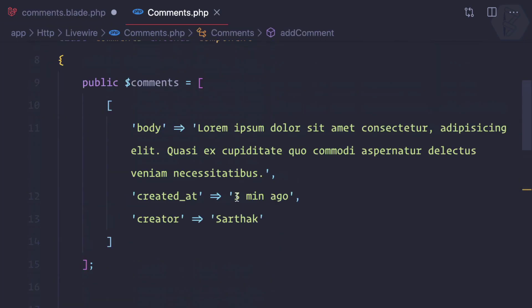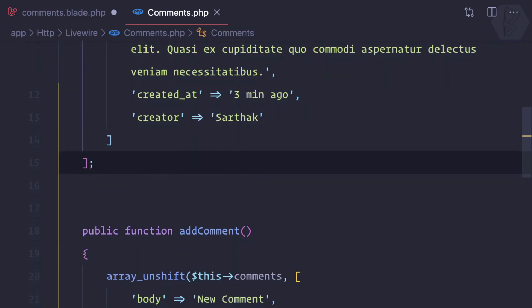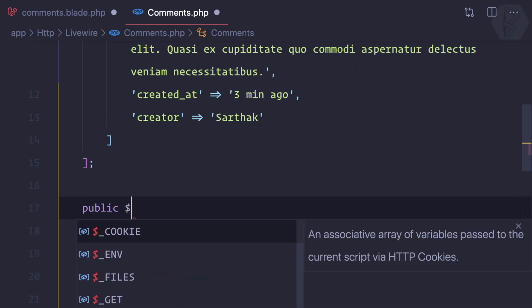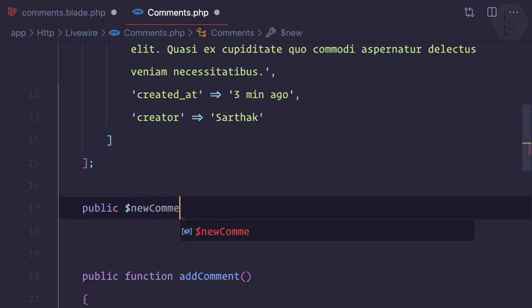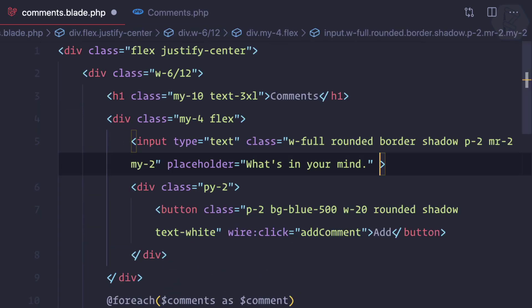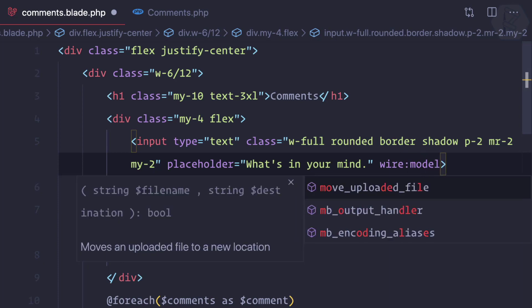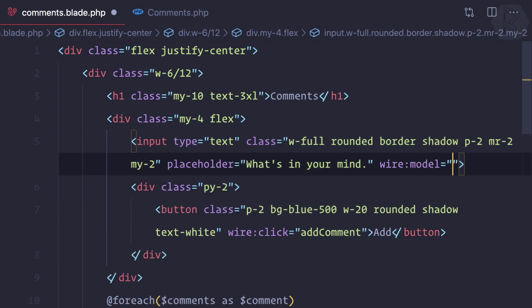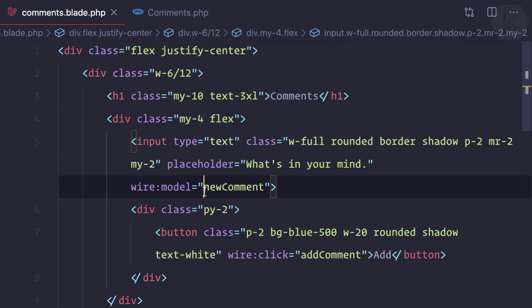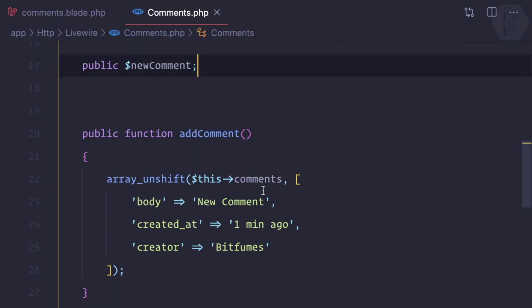So let's create a new variable, and again that should be a public, called new comment, and this is just a simple variable, and we are going to bind this new comment with this input field, and wire model is the way to bind it. We can say we have a wire model of new comment. So every time the value of input field is changed, you have a new comment changing, and that should reflect